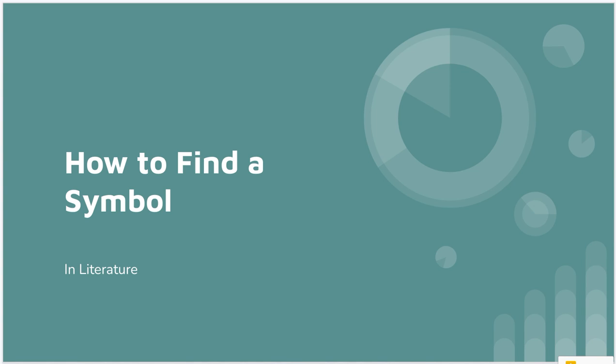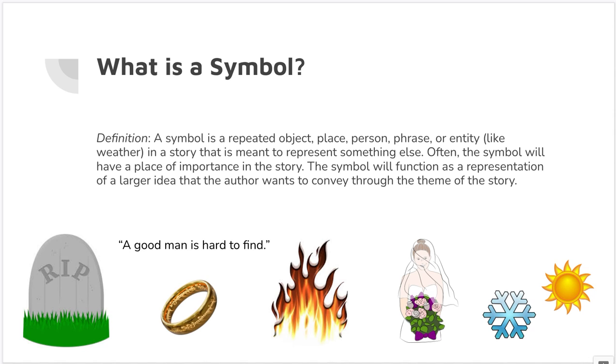In this video, I'm going to explain how to find a symbol. But before we go into that, we need to know what a symbol is. Basically, it's a repeated object, place, person, phrase, or entity in a story that is meant to represent something else. Often, a symbol is going to have a place of importance in the story. Okay, and the symbol is there to function as a representation of a larger idea that the author wants to